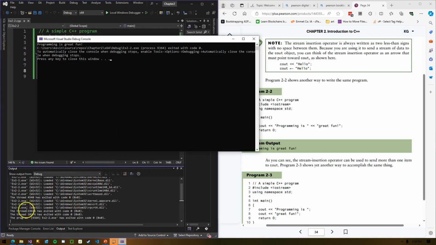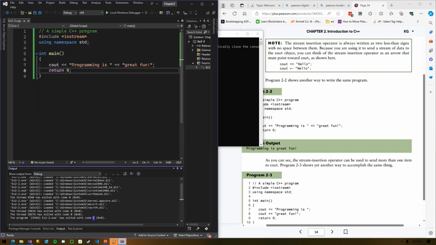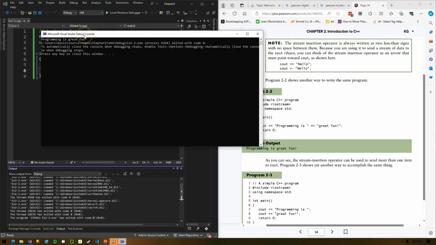When I returned that int, nothing really changes here in the console and the output. But if you look down here in the output tab in Visual Studio, it said has exited with code 0. So if that code means something to you, like we were talking earlier, maybe if your program has an issue and it crashes or something, or it exits unsuccessfully, maybe you return a -1, and that means something to whoever is watching the output of this program. Cool.